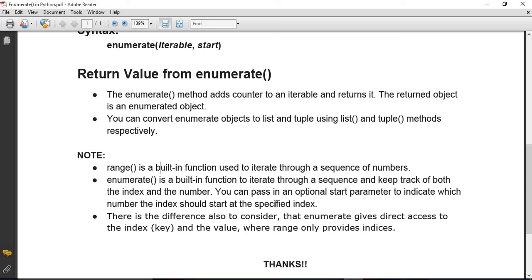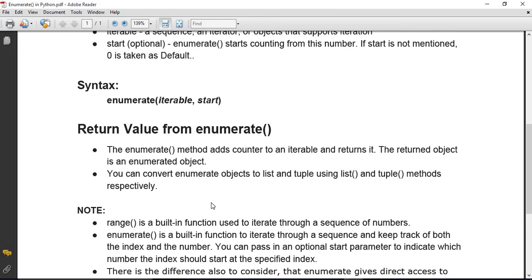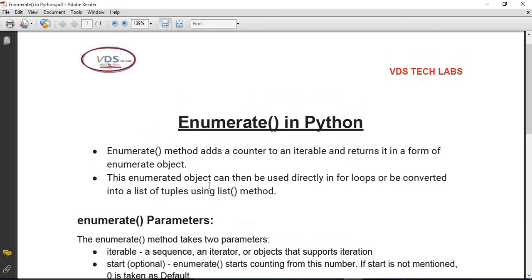Okay, and there is a difference also to consider, that enumerate gives direct access to the index and the value, whereas range only provides indices. Okay, so this is the basic difference between the enumerate and range functions. So basically the enumerate function is more Pythonic. So the basic idea and basic motto of this tutorial is that the enumerate function is more Pythonic.